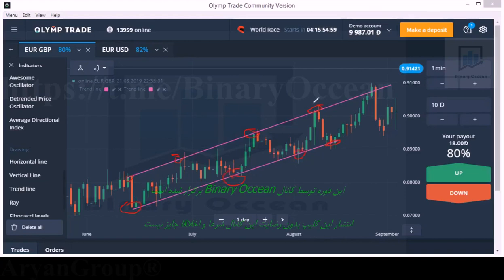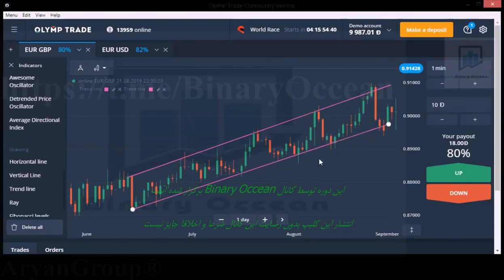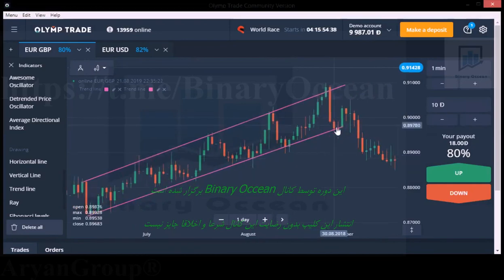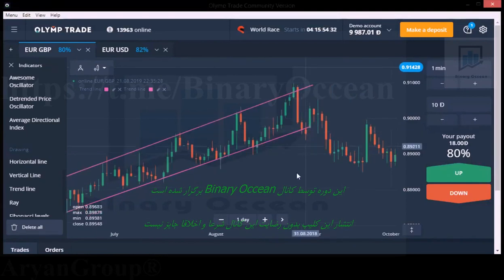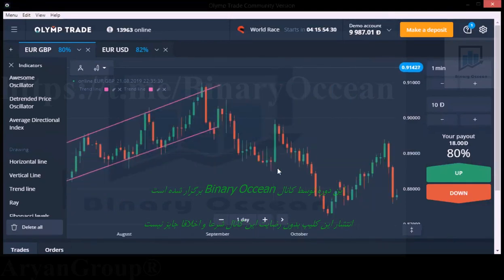It will be our exit point. This is our entry point. This is our exit point. This is our entry point. This is our exit point. We are seeing a breakout candlestick, so we can't enter into the market. If you see any breakout candlestick, it's better to wait for the market. Okay, here we have an opportunity, but here we may get a loss. So small losses, it's not a big issue. We don't need to worry about this type of small losses.